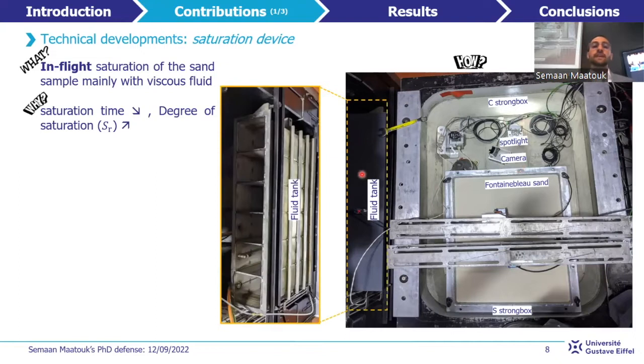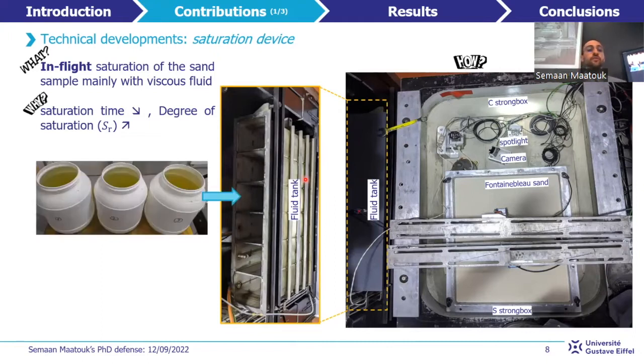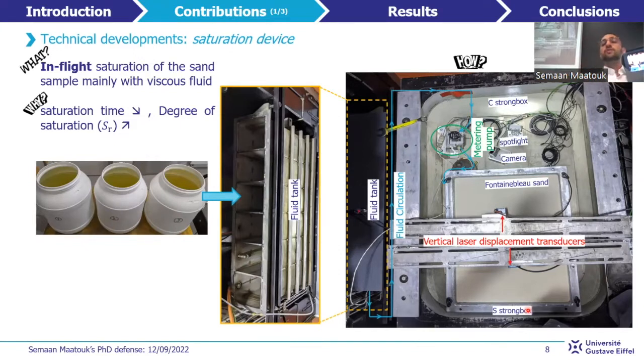And a zoom on the fluid tank that is fixed at the base of the centrifuge basket. The idea is first to pour the fluid into the tank at 1G. Then, once the centrifuge acceleration reaches 60G, the metering pump that's rested at the base of the strongbox is activated in order to inject the fluid coming from the tank to saturate the sand into the strongbox. In addition, two vertical laser displacement transducers are positioned above the sand surface in order to verify that there